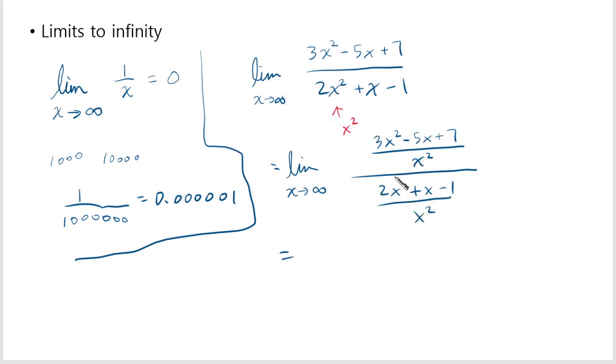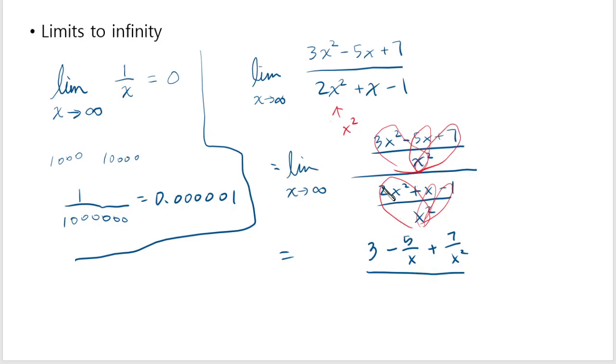And then, you can break up these fractions as this over this, this over this, this over this, here, this over this, this over this, this over this. That's possible because it's a fraction. You can have a common denominator and you can break up fractions that way. So you have 3x squared divided by x squared, which is just 3. x divided by x squared, well, one of the x's will cancel and you get 1 over x. And then 7 divided by x squared